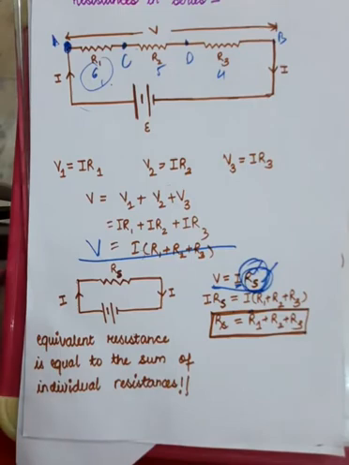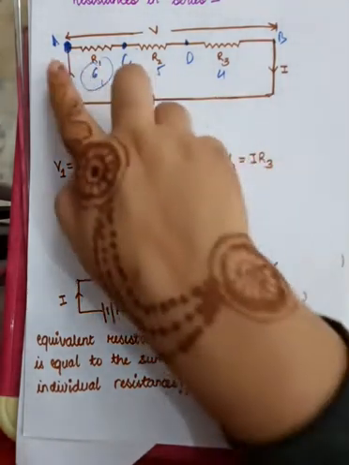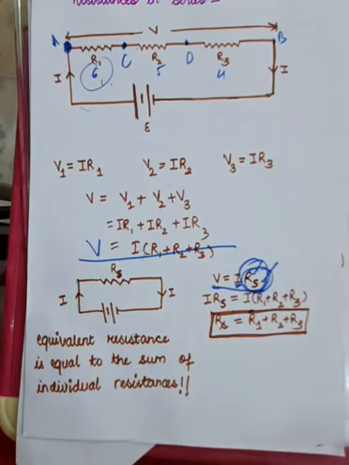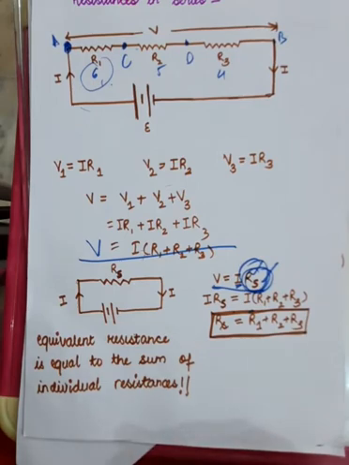Okay? And remember why the resistance increases in series combination: when you are connecting resistances end to end in a series combination, it is equivalent to increasing the length of the resistor, and we know that resistance is directly proportional to the length. When the length of the conductor increases, the resistance eventually increases, because charge carriers would now have to travel a longer path to move. So that's why it is equivalent to that. इसीलिए ऐसा होता है कि resistance और भी ज़्यादा increase हो जाता है.